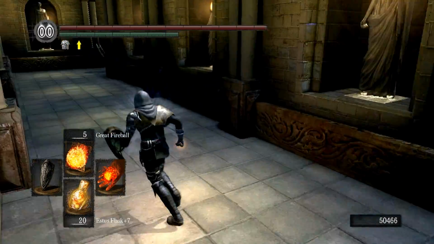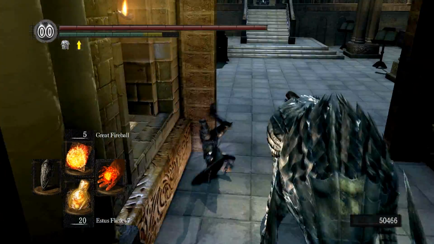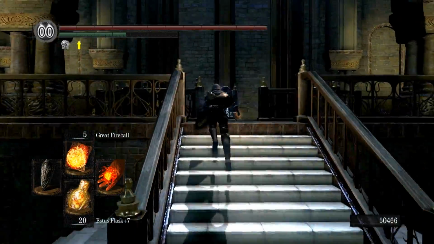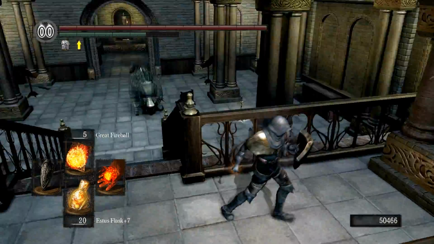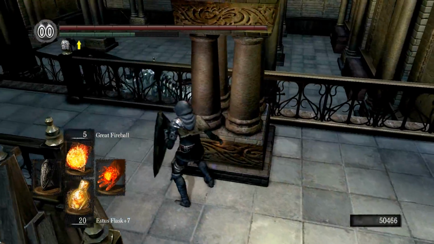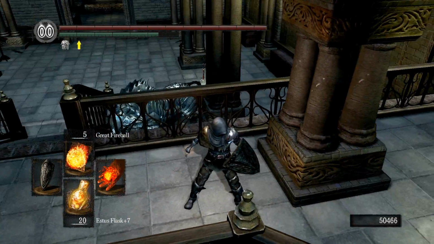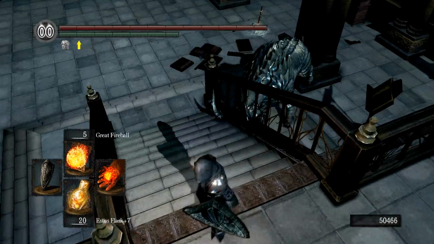This one's a little bit trickier, and I actually might mess this up. But I usually just try and roll past this one, and then go on up here, and then he'll usually come up and try and come after you. Like that. And sometimes he gets caught there, sometimes he gets caught in this little passageway here. Either way, you can really just...